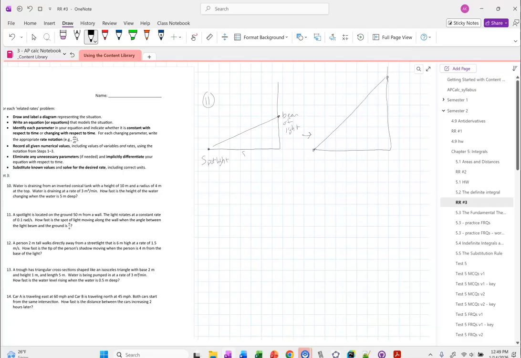So if I add in the stuff, I'm going to call this side x and this side y. And it talks about the angle, so I'm going to add that in as theta. So if I look at my equation here,